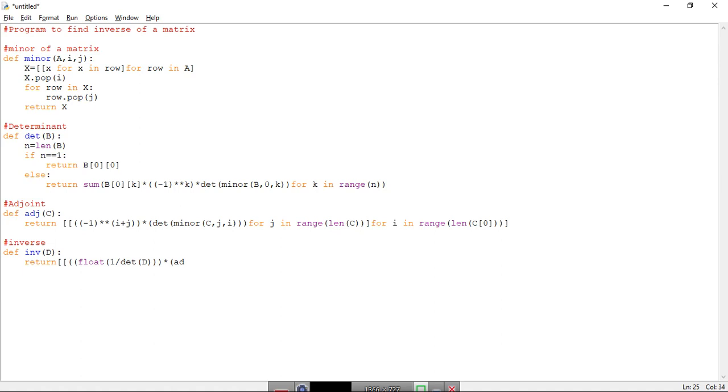ADG we have used, so adjoint of D, comma, how we have used adjoint of D, i comma, close the bracket, j, then we have to close this bracket.